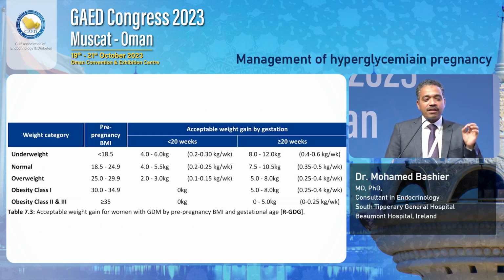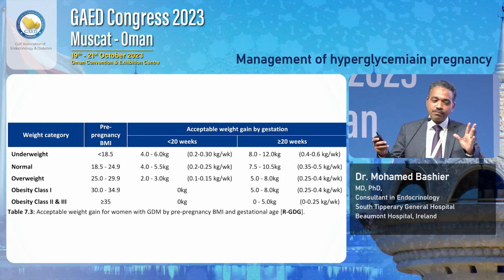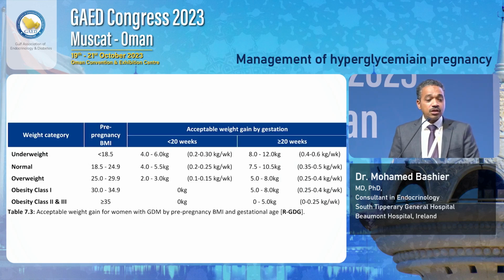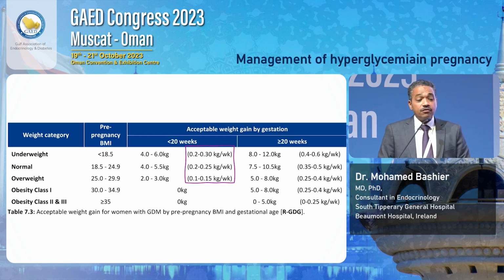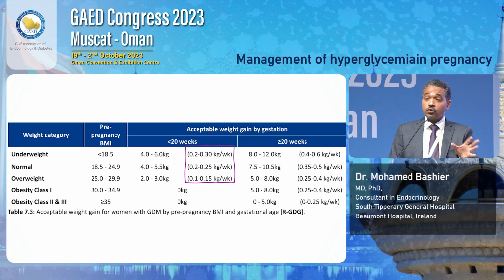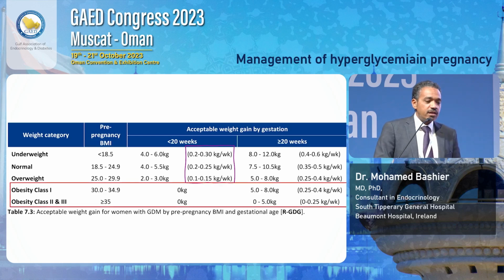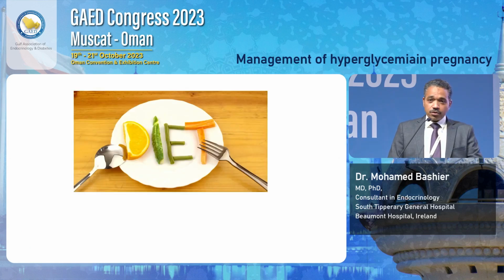So in Qatar, in our guidelines, we have taken some drastic measures. We're looking at gestational weight gain on a weekly basis. We're looking at before or after 20 weeks, and we're trying to get pretty much 1/3 of the gestational weight gain in the first 20 weeks and 2/3 at the end. For obesity classes, we're looking for no gestational weight gain in the first 20 weeks and then restricted weight gain thereafter. Now, obviously, after what I said, diet is the cornerstone of the management of those patients.